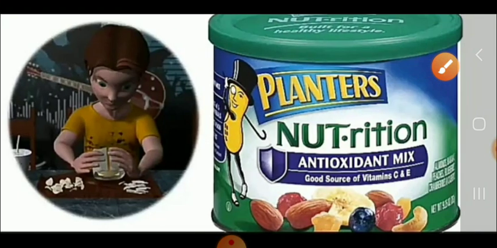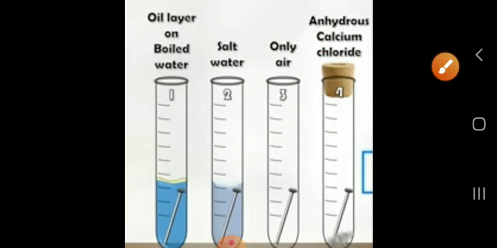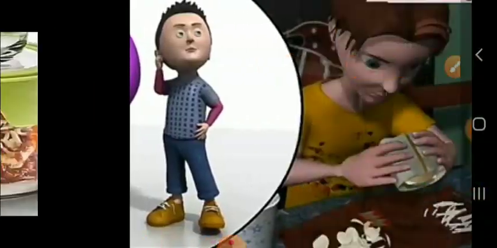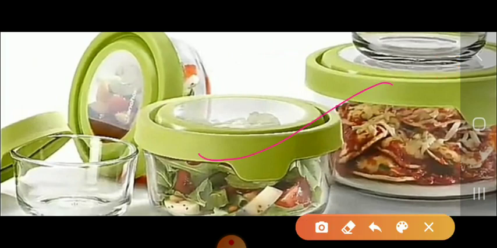Now here you see these are the oxidants. Whenever we want to rectify this, we want to purify this, we have to add the oxidants. This you have already studied, children. And here we can see if we are keeping the food in an airtight container, then also the oxidation process gets a little bit reduced, but that food is still not good if it is kept for a long time.